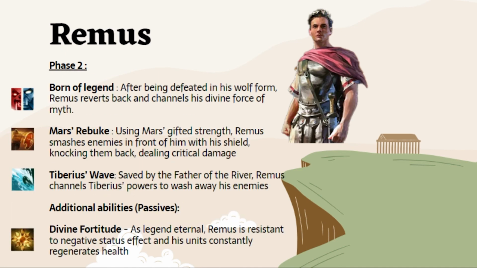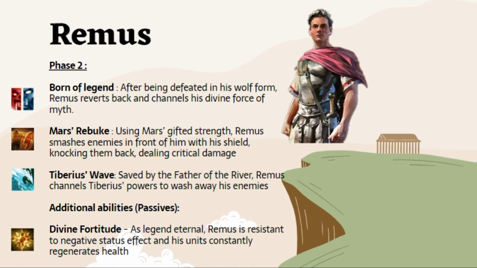If he managed to hold off and defeat Remus in his wolf form, he reverts back to his divine form in one last finale. As a myth, he symbolizes the divine and the unknown, thus draws powers upon utterly worldly powers and calls forth natural disasters on his enemies.